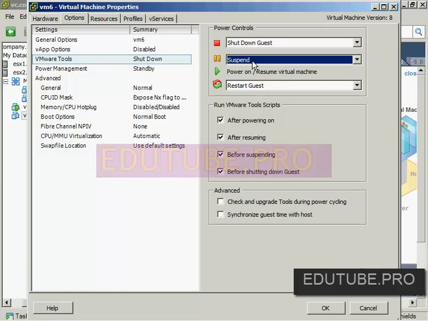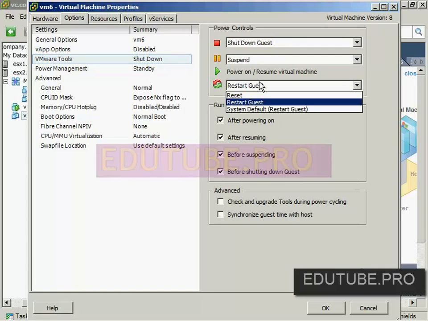Some options here for vApps. Do I want to enable those vApp options or not? I can select this here. Within the VMware Tools, I have a number of options for what I want the different VCR buttons to do when I'm interacting with this virtual machine. Now, by default, you're probably not going to change these that often, but do you want to